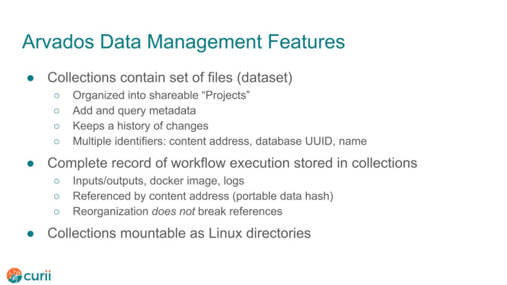Content addresses and database UUIDs are robust identifiers for the collection. You can safely reorganize a project hierarchy or move or rename the collection and have the robust identifiers continue to refer to the same collection wherever it ends up. The third is by human assigned names, which are unique within a given parent project. Collections can be very large, on the scale of multiple terabytes, but regardless of size, you can still identify the entire dataset with a single identifier and keep a version history of every change.